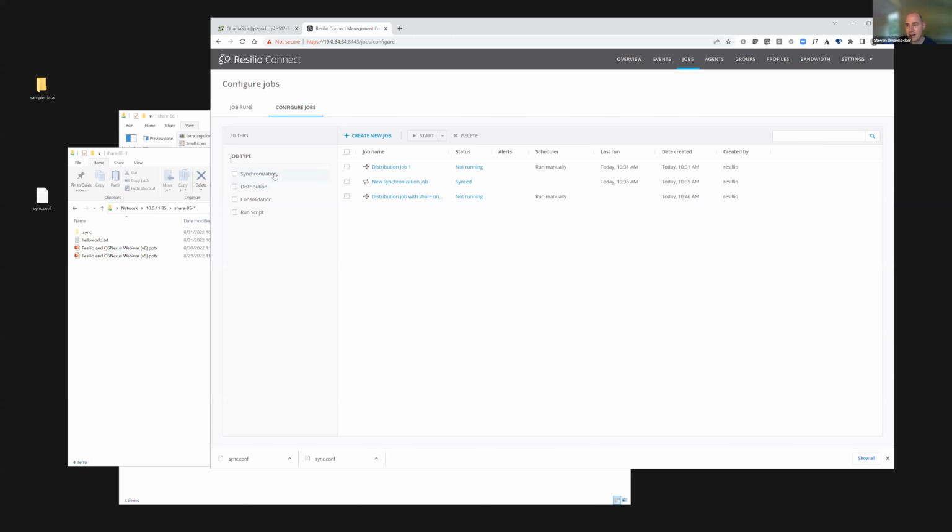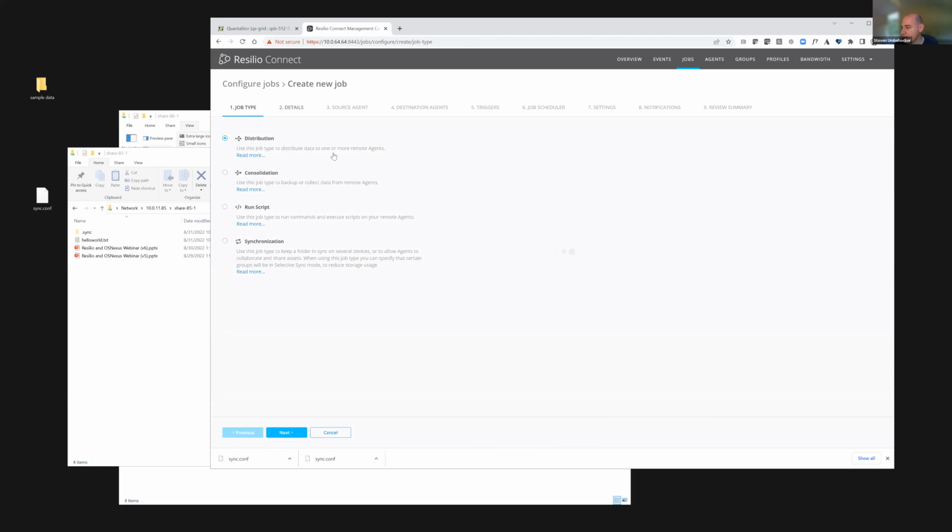So if you have a NAS box like QuantaStor, you can set up distribution where anything new that goes into the NAS box gets pushed out to all the edge leaf boxes, or you can consolidate, where you could say, hey, I've got all these artists that are working from home, like that use case Josh was getting at, and they're creating new content. You can have all of that content consolidate and synchronize back to the centralized NAS box. So a lot of really cool things that you can do with these different ways of setting up jobs. And you just go through this create new job